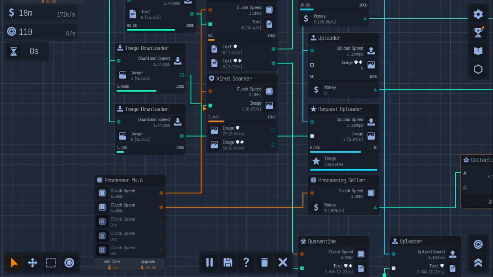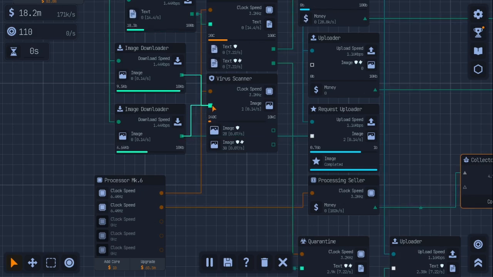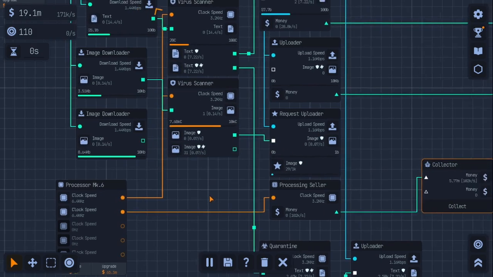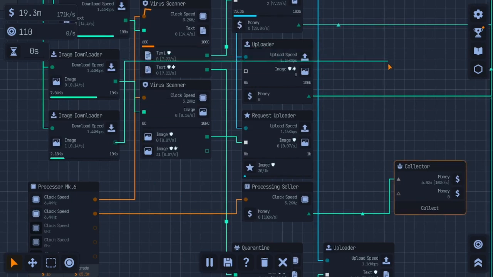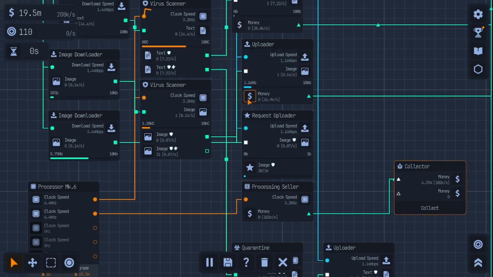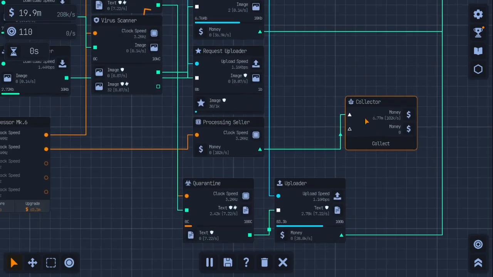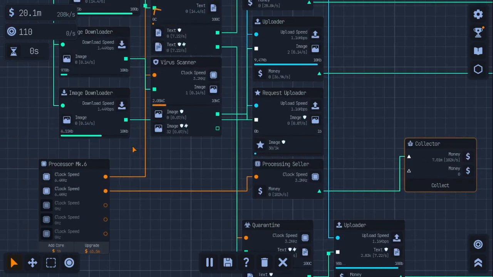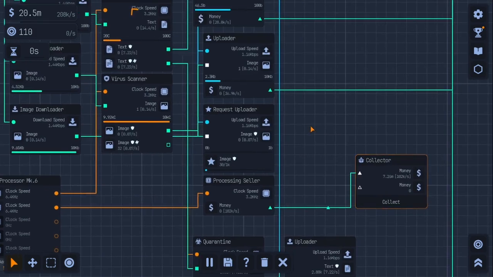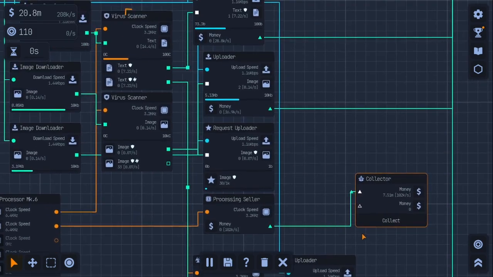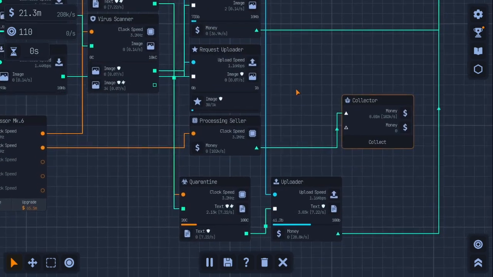Let's just connect both the images. Again, only one set of images can be connected into there. Okay, but we want the safe images into the requested uploads now. I guess these images can just go in straight uploaded and make me some money. Well, I thought it was still taking a while, and I saved up 50. But now we've got one going in to get cleaned up. Well, I guess not cleaned up, but